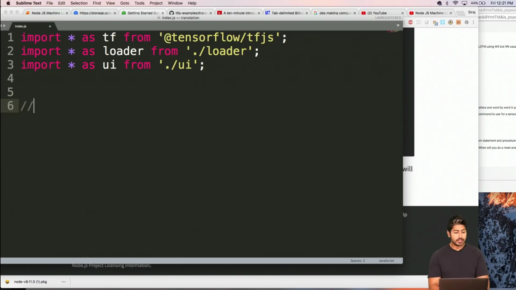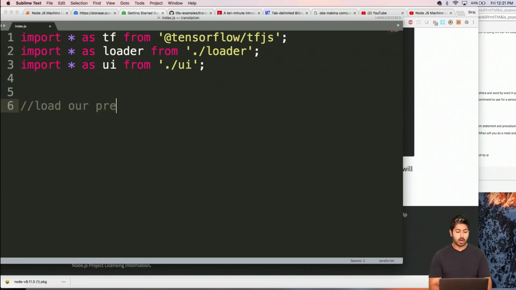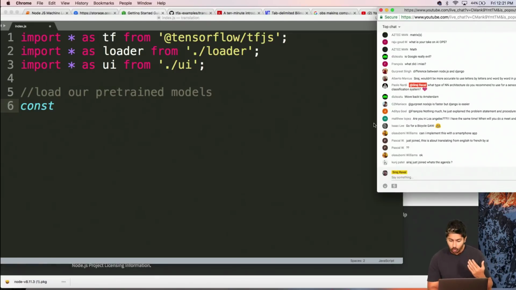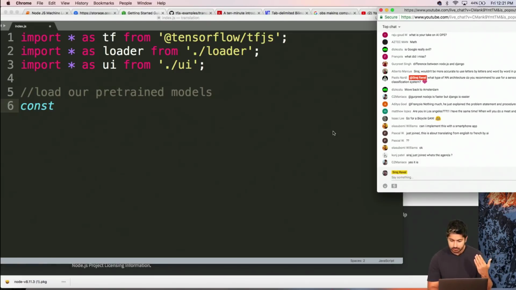Okay, now let's load our pre-trained models as well. We're going to have some pre-trained models. We're still going to build models, but I just want to load them first. So we have both options. We could load our pre-trained models, or we can just